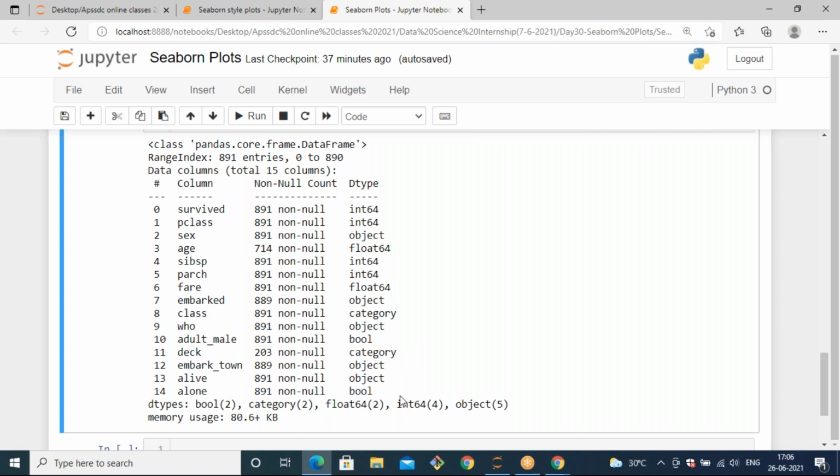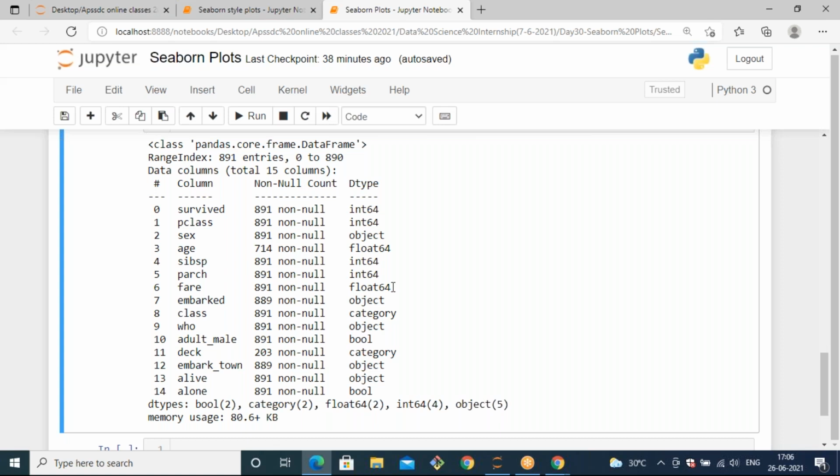Apart from integer and float, the machine cannot understand other data types. So you need to typecast from one to another so that it can understand. In that case, you need to know how to encode or convert your object or bool data into integers. We had already done all these techniques in the previous pre-processing step.